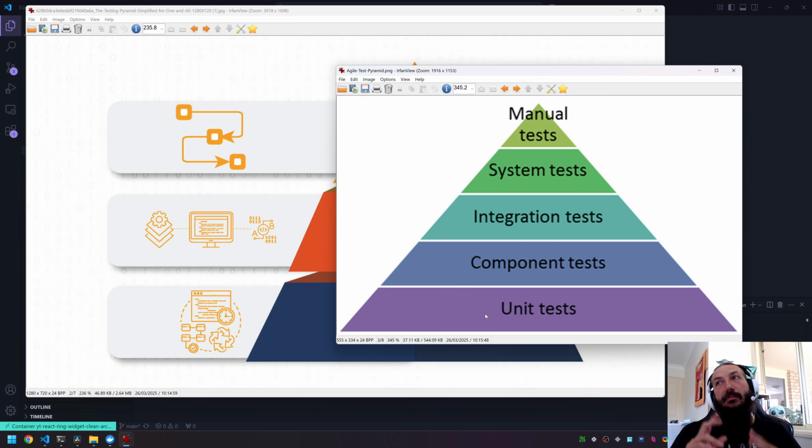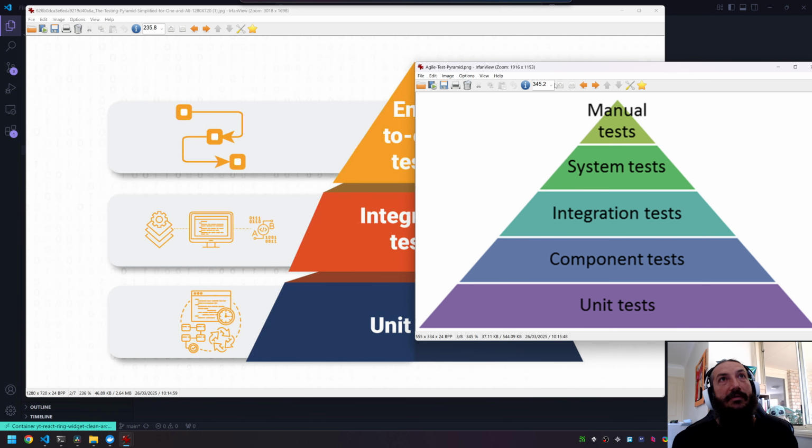The concept here is that it's a level and there are different layers. So in both of these cases, we have separation. You can see here we have unit, component, integration, system. So we have 5 levels, but the story is that in the end, what we have at the top is